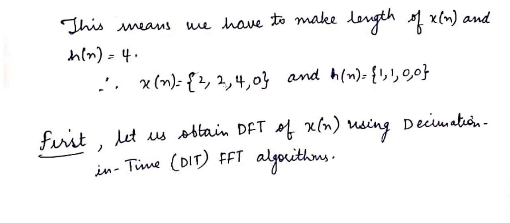The next step is we have to calculate DFT. In this we will use the decimation in time FFT algorithm to compute the DFTs of xn as well as hn. You can also use the decimation in frequency algorithm, but in this we are using the decimation in time algorithm, because we know for FFT you have two different types of algorithm for computing DFT. One is decimation in time and the other is decimation in frequency. So here we are using the decimation in time algorithm. Let's see how it works.